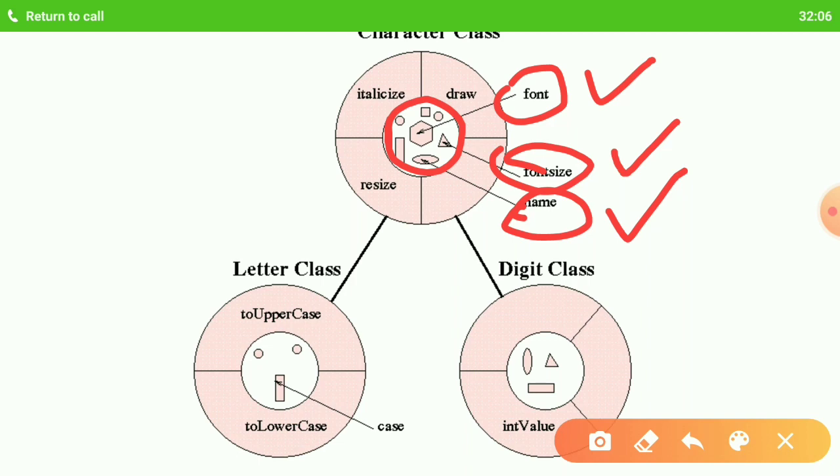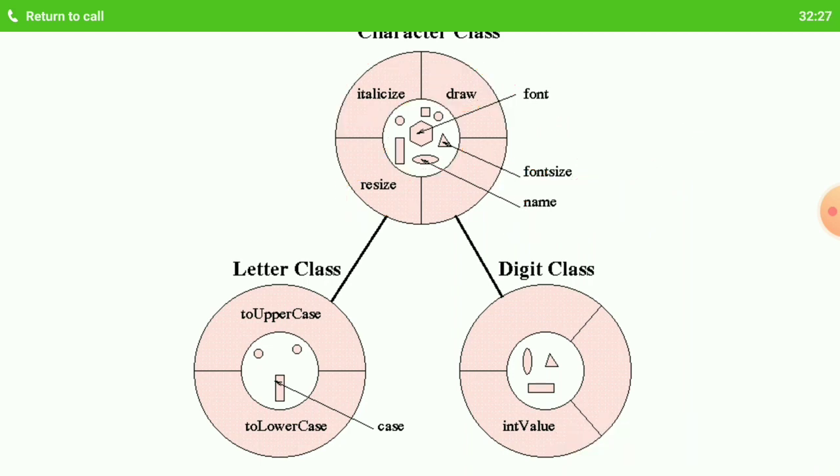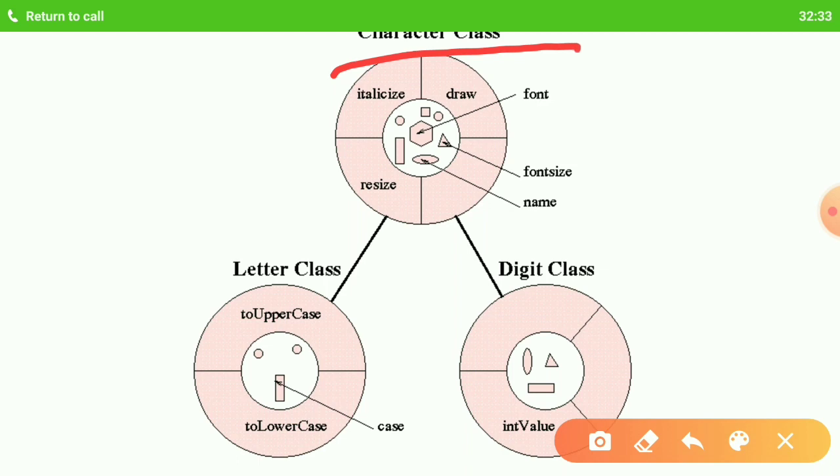Now what are the behaviors? The behaviors are resize, italicize and draw. You can draw a character, you can resize a character, you can italicize a character. So these are certain functions. Now this is our base class. The character class is our base class.